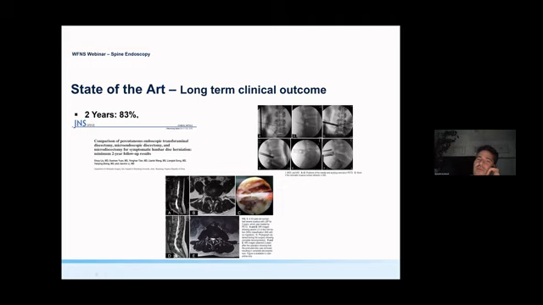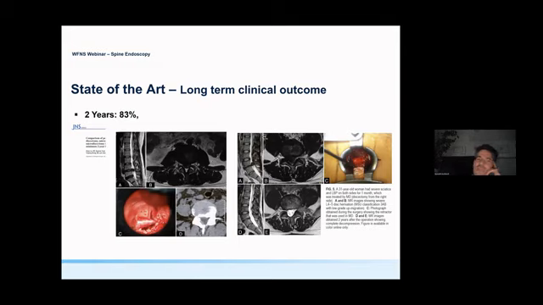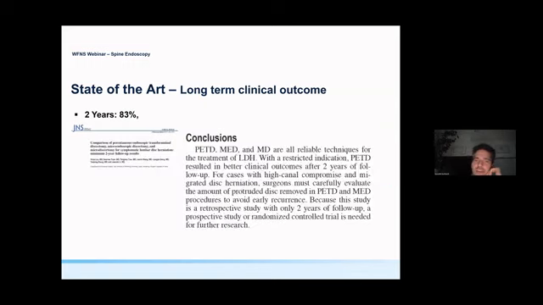You can see here the microendoscopic approach and the microsurgical approach for disc herniations. And over a 2-year span, all these techniques that have been used for the treatment of disc herniations overall had the same clinical outcome. There was no significant difference in reoperation rates with either one compared to the other. It was stated that if you have a high canal compromise, or the disc herniation is